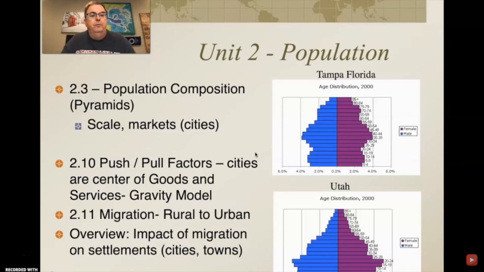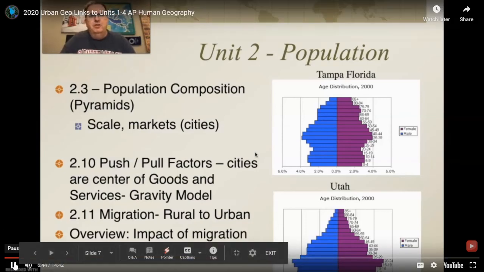2.11, rural to urban migration. A huge trend in global migration patterns, and so we need to be aware of that. We also need to be aware of the impact of migration on settlements, cities, and towns. As people pour in from the rural areas, they're coming to the cities. Now, these would be the squatter settlements, and that would normally be studied in the urban unit, but it doesn't mean that you can't add that information if there's a question about the impacts of rural to urban migration